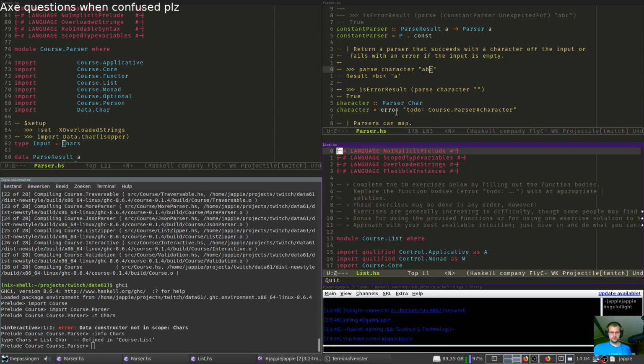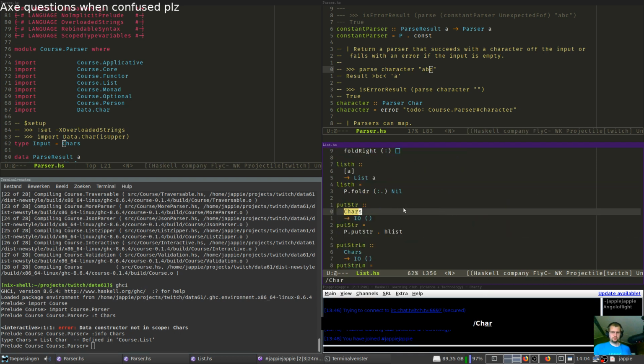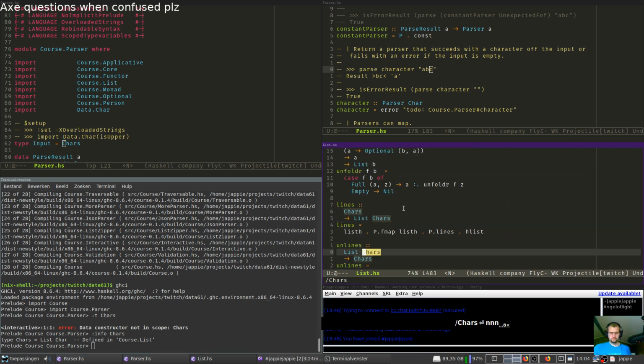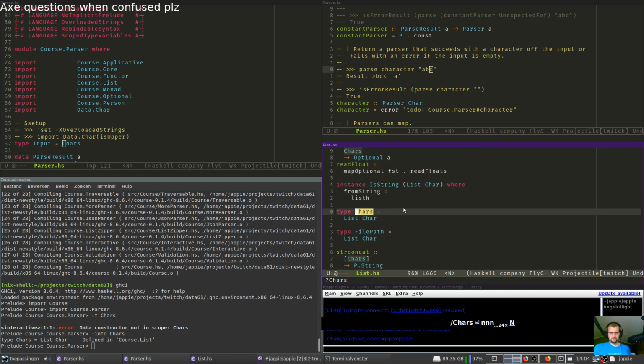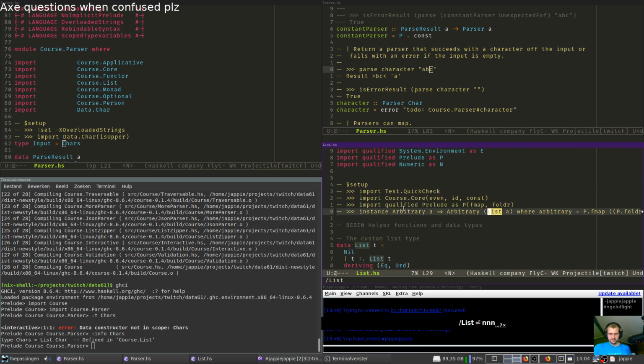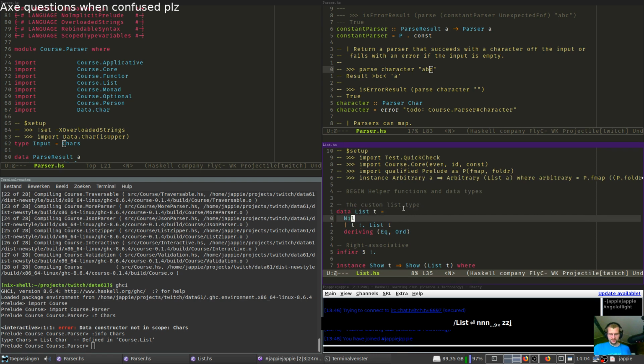So this is like a custom string? Why would you do that? Or maybe they made it safe or something. It's list. Oh. I'm not sure how good this is. They're defining so much stuff on their own for some reason. Like, you shouldn't do this. You should use the standard library stuff.